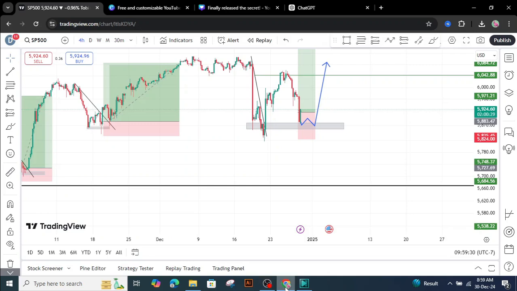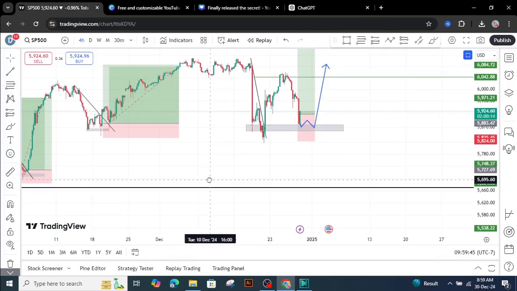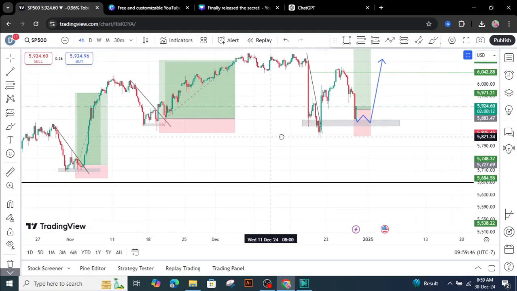Okay, so this is what you need to do. When you come, you can use the 4 hour. But don't forget, because you are trading $10, always open just one trade. Open just one trade. So when you come to the lower time frame, all you have to wait for is